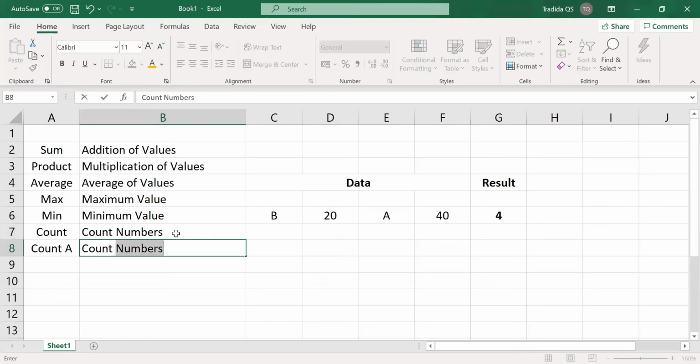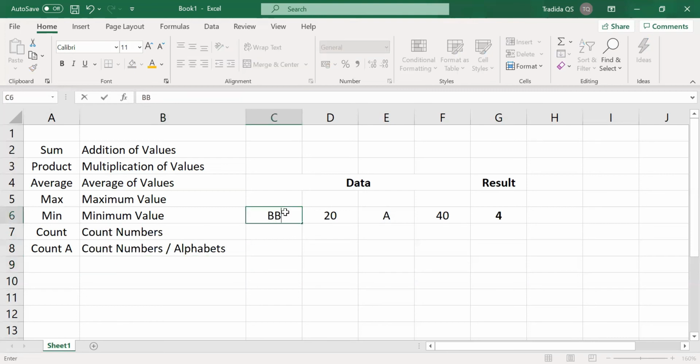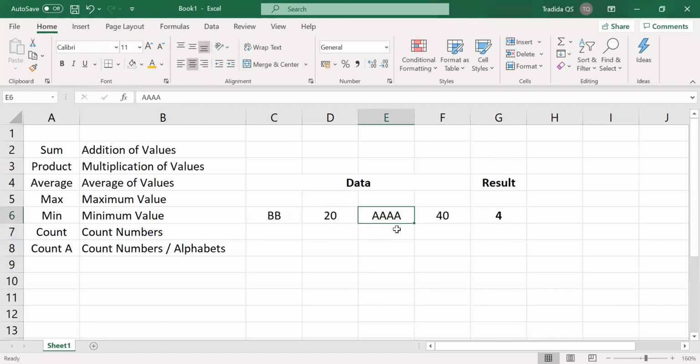Count numbers or alphabets. It's not necessary to be only alphabet. Even if it's a word, it will count. Any word or any alphabet or any number, it will count and give the result.